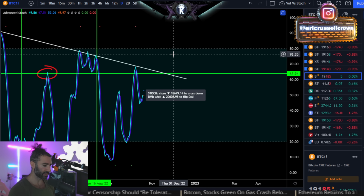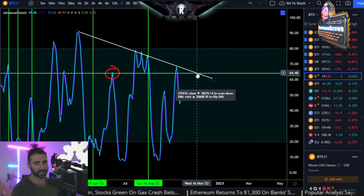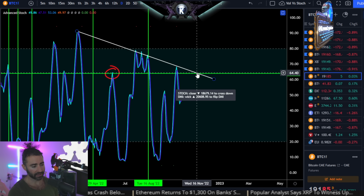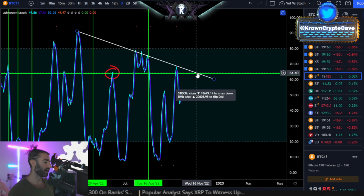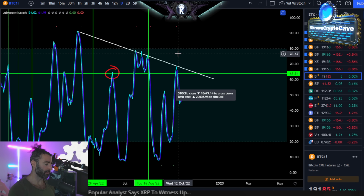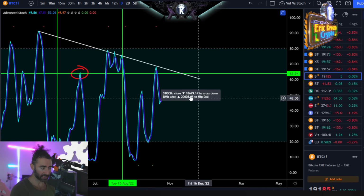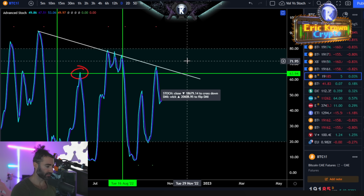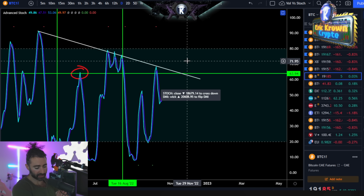Doesn't mean it's always going to be like that, and we're talking about statistics, not certainties, obviously. But then we can get a bias on direction for price action and then areas of interest based off of the prior returns from that as well. So in this case, it is actually still angled to the upside right here as of right now, 18,680. So unless Bitcoin closed below there today, and then we actually do see that volatility expansion,